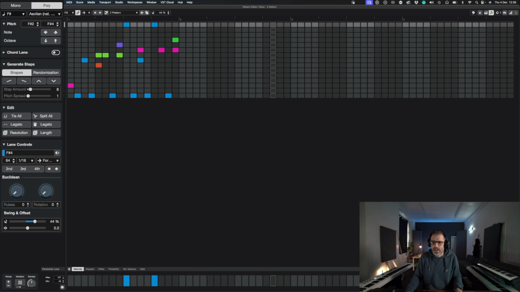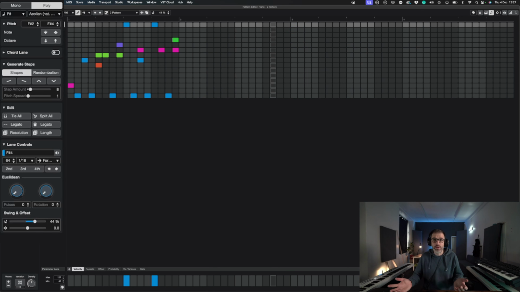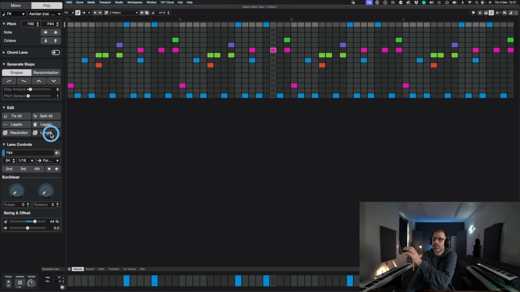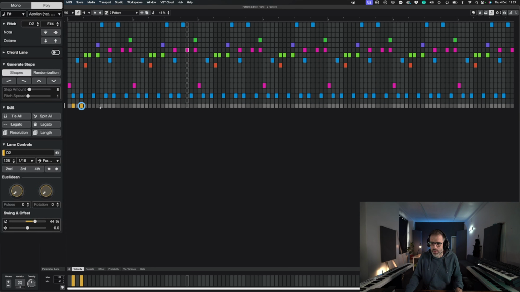And what we can do here is duplicate this. So my apologies, just skip backwards. We need to click length. You can add in these notes like this, like we just did, and you can draw them in, but I'm going to actually increase the length of the pattern, which copies the pattern into the next section. And we're going to do that 4 times. And then what we can do is you can extend this down to D, and we can just copy these down